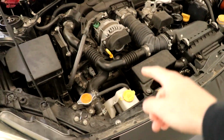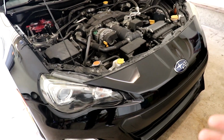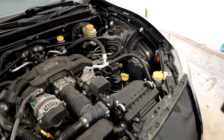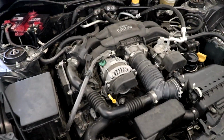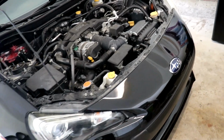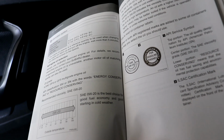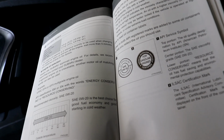And I want to first start off by saying that 0W-20 is mainly for fuel economy. And if your car is completely stock, then I do recommend using 0W-20. Keep using 0W-20 because with a stock engine, stock exhaust, and stock tune, I do think 0W-20 is not gonna hurt you at all. Obviously, Subaru recommends it in their manual, which you can actually go check out right now. So here's the owner's manual stating that 0W-20 is the best choice for good fuel economy and good starting in cold